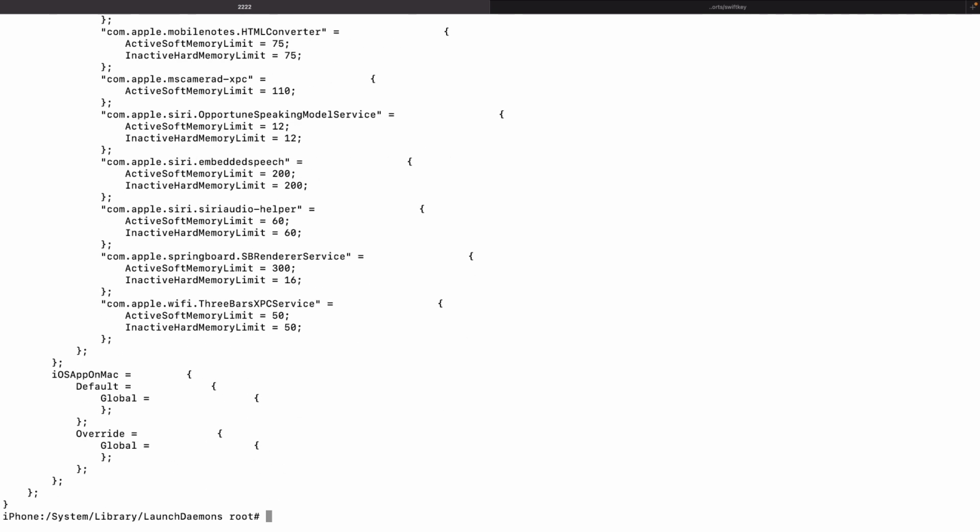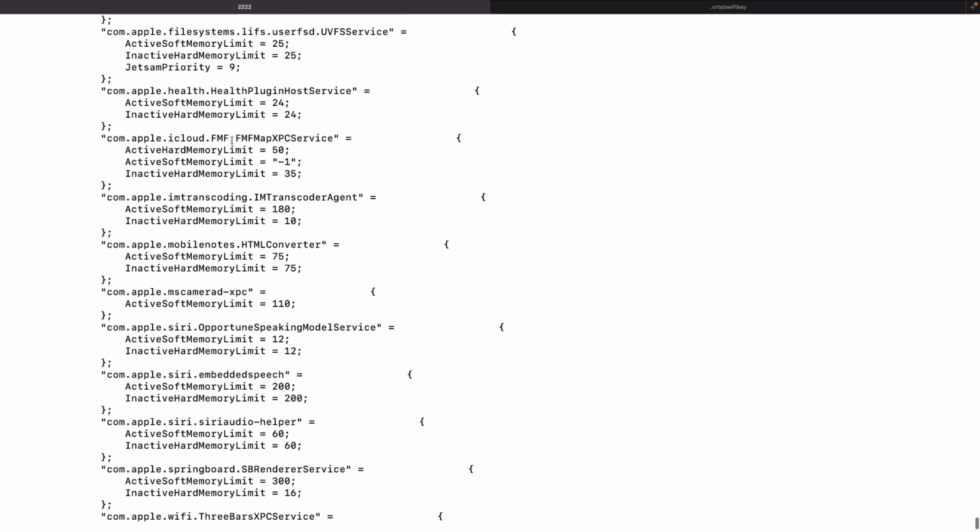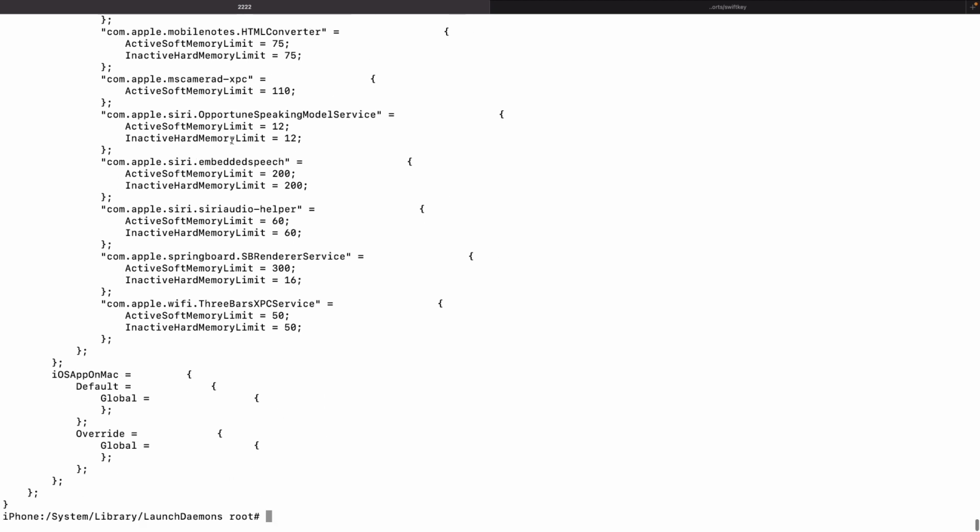When we want to change those memory limits, we have two options. First of all, there are some system-wide settings, for example, in this properties plist. But that's a lot of settings to experiment with, and maybe there's not exactly the setting that we need. And we already know exactly which process is needing more memory. For this, there's also another option just to see if Frida works once we increase the memory limit, but you can of course also use this permanently in a loop or something.